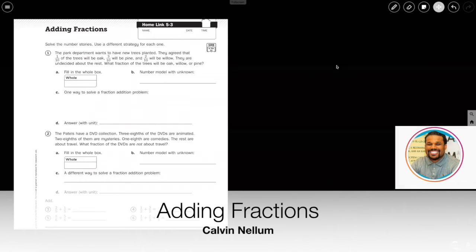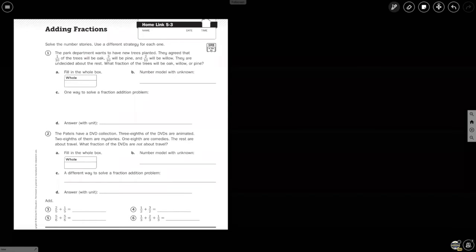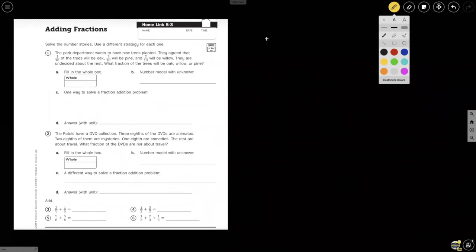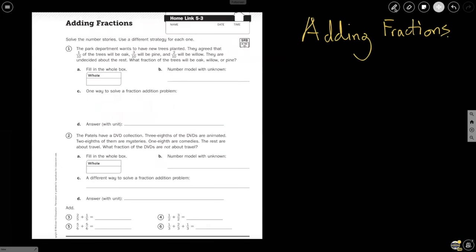All right, so we are adding fractions. This worksheet is a really cool worksheet because you're just adding fractions. And the rule when you're adding fractions is that if you have like denominators, then you just add the tops. All right, and so if we read number one, it says